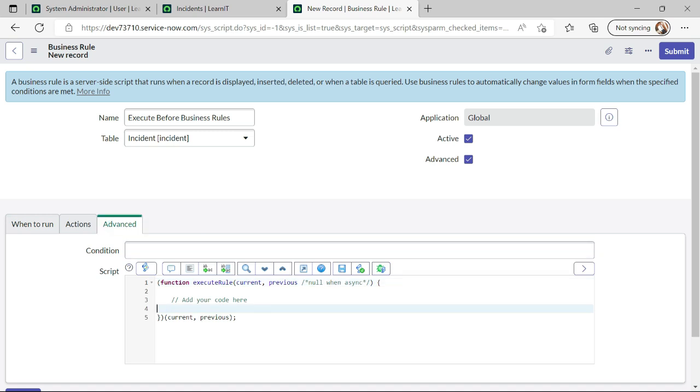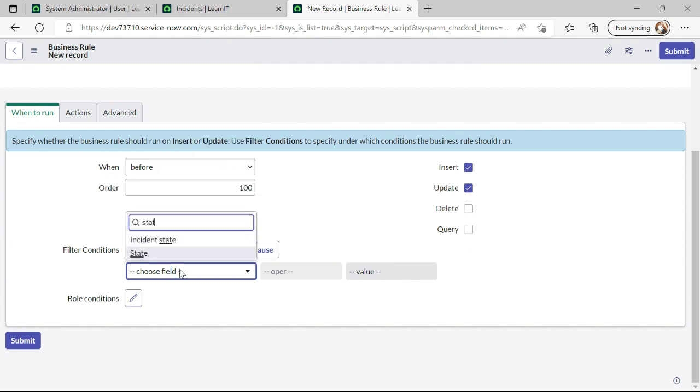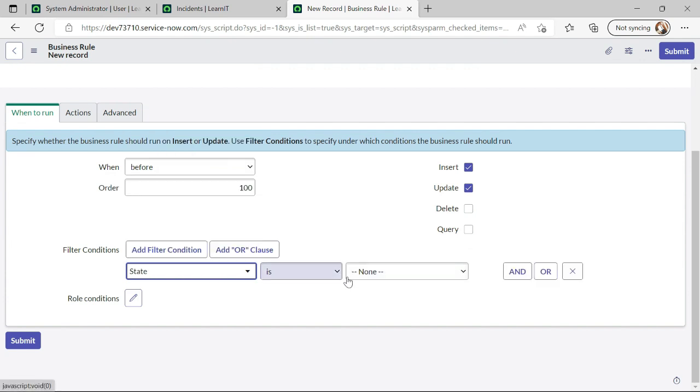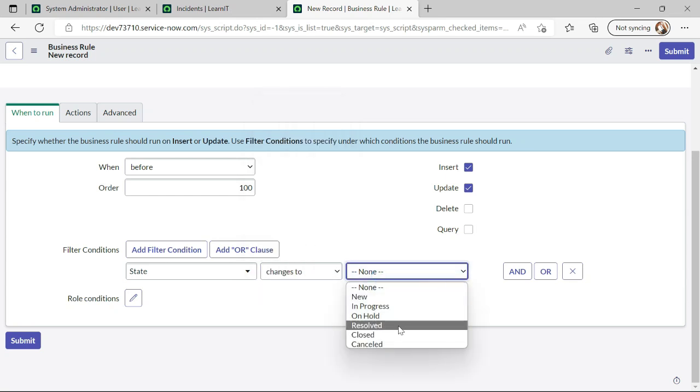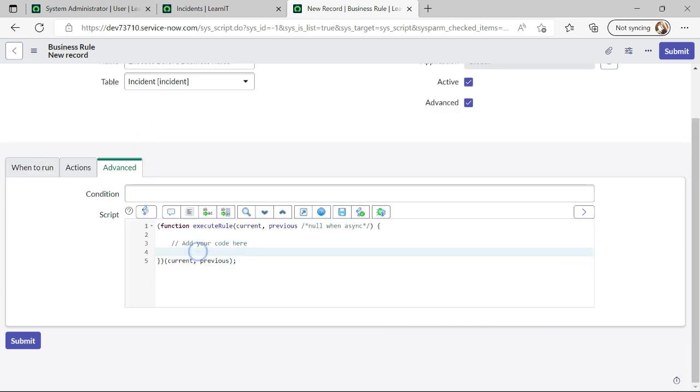Under the advanced section we will write some conditions here. Suppose we are setting resolved by, so if state changes to resolved, we have written a condition state changes to resolved. And now under the advanced section we will write our code to set this resolved by from the current logged in user. So current dot,